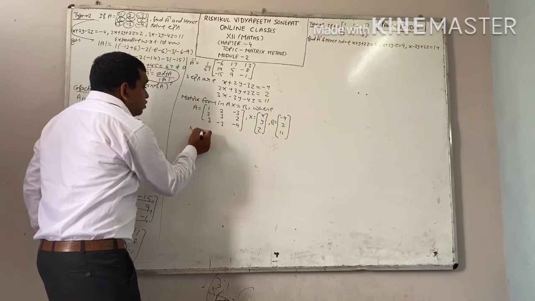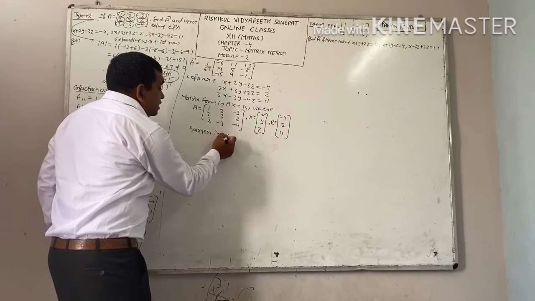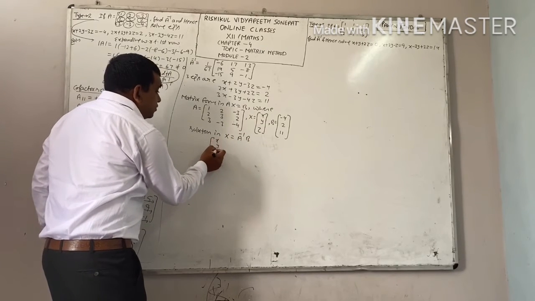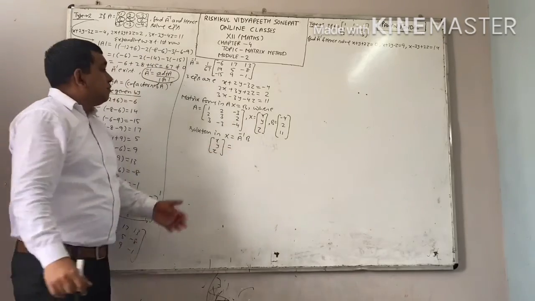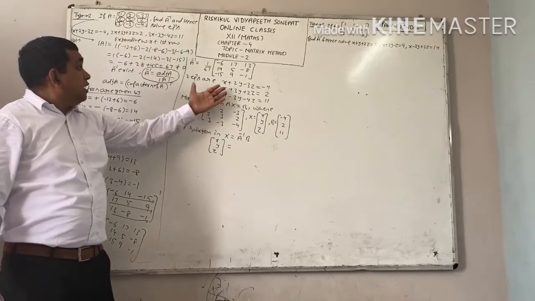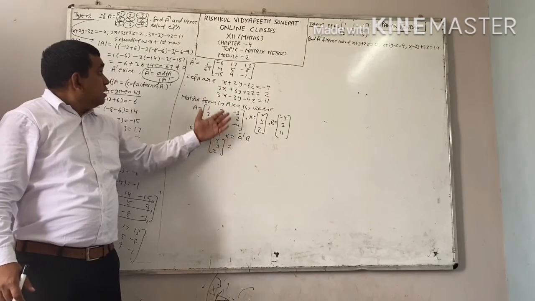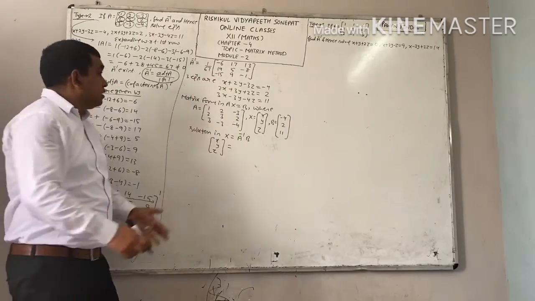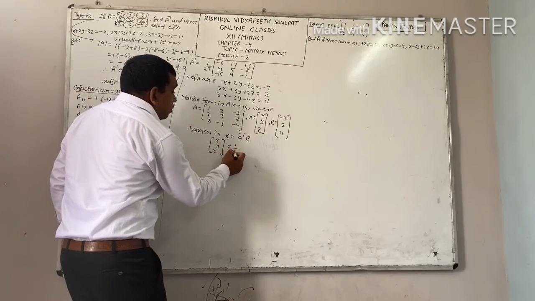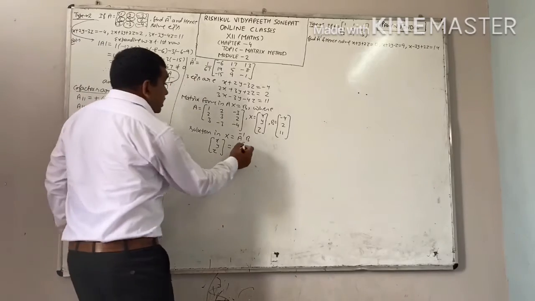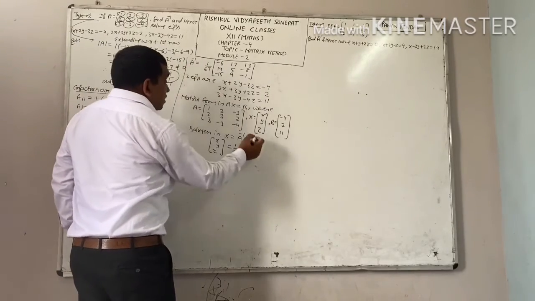The solution you know very well. The solution is X equal to A inverse B. Put up the value, X is your x, y, z. Since the value of A is the same as given in the question and as we have obtained from the three equations, use this value of A inverse: 1 by 67. You will not find the value of A inverse again. Use this one because that is mentioned in the question.